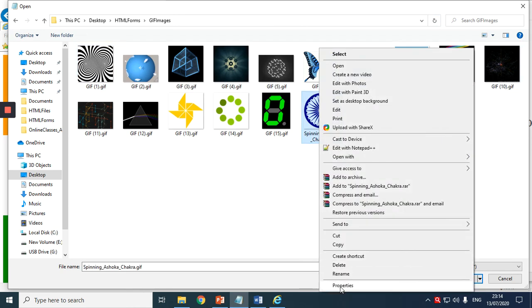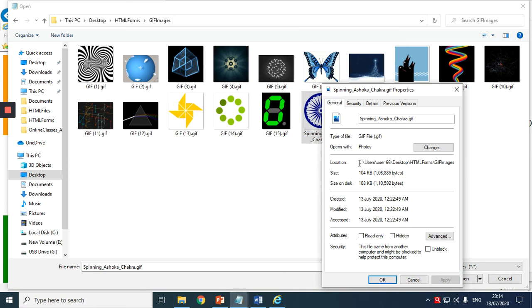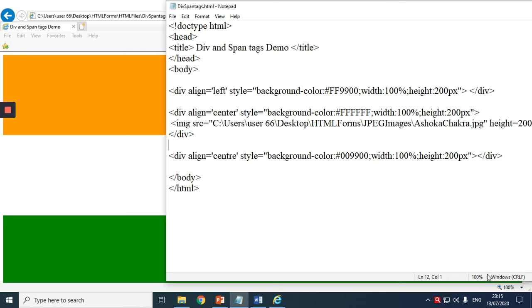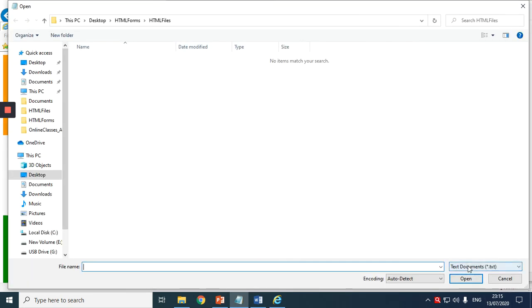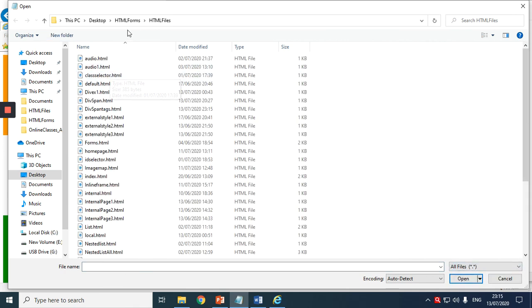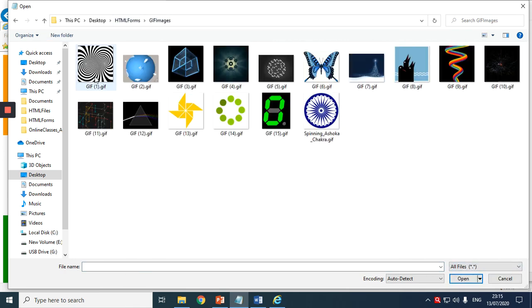Again, I have to copy the properties. Control C, cancel, cancel. Here I have to change: Control V, backslash, Control S, again file menu, open, all files, and where is the GIF? This is the image.